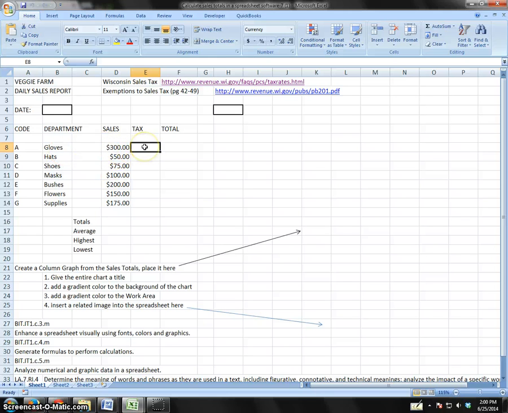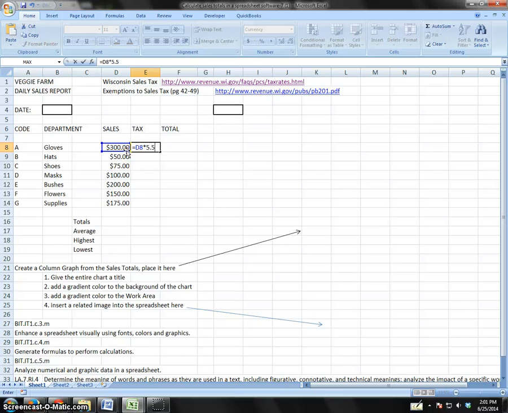So first, we are going to create a formula. So we need to press the equal sign to start our formula. We're going to create it ourselves. So we are going to take the sales amount, the sales number, and of course we have to calculate the sales tax that will be on that. And we are going to do it as if we are in Chippewa or Clark County. So we're at 5.5%, so we're going to multiply, get our asterisk in, and we'll put in for this